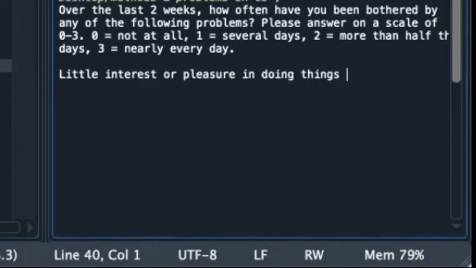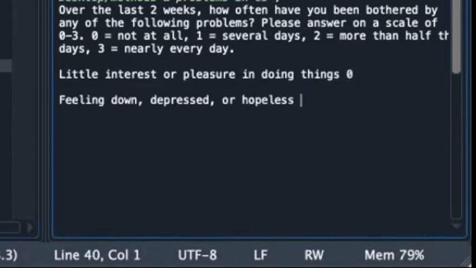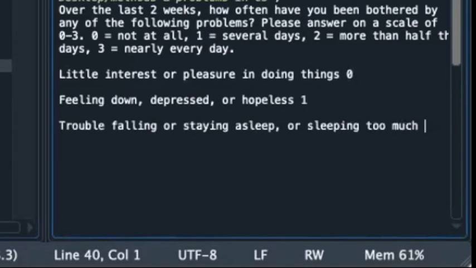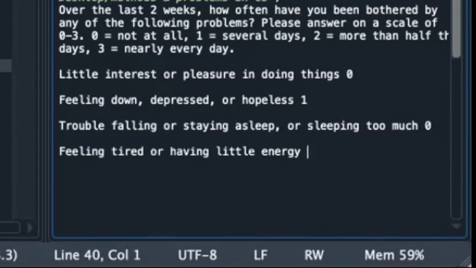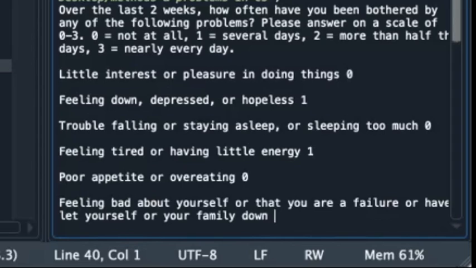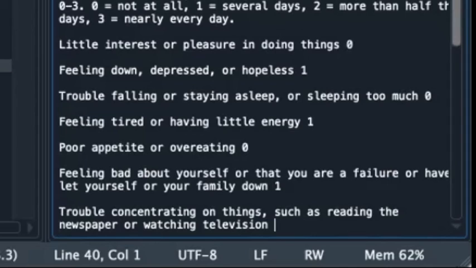First, the code prints out the overall question, asking how they have felt in the past 2 weeks, and tells the user to respond. The first question is little interest or pleasure in doing things. Feeling down, depressed, or hopeless. Trouble falling asleep or staying asleep or sleeping too much, feeling tired or having little energy, poor appetite or overeating, feeling bad about yourself or that you are a failure or have let yourself or your family down, trouble concentrating on things such as reading the newspaper or watching television,